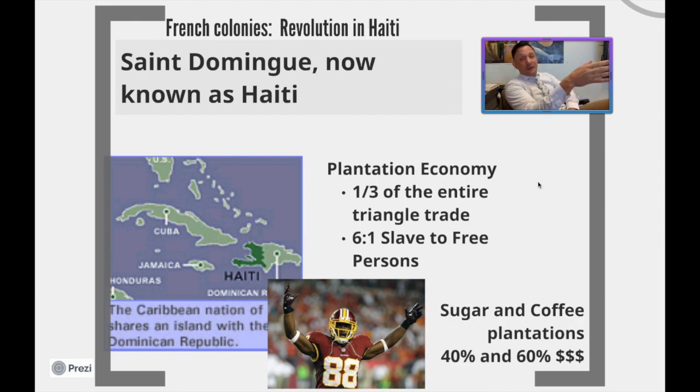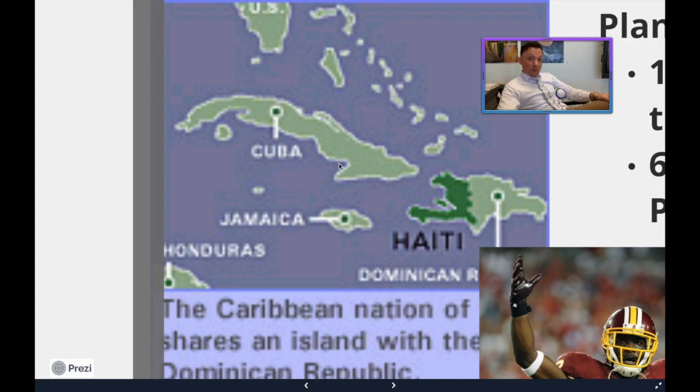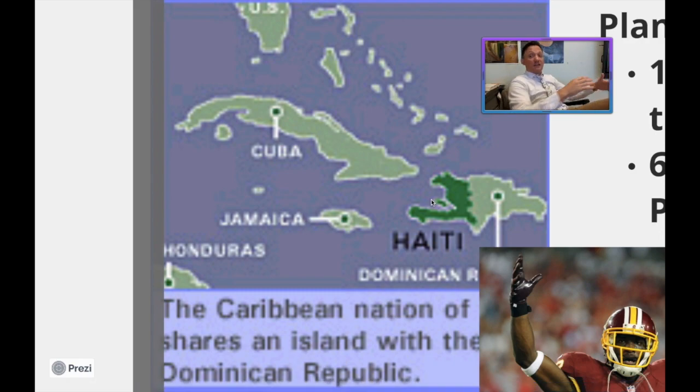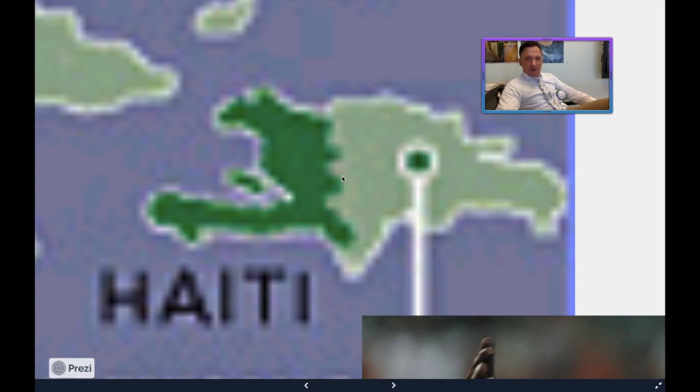So now look, the big thing about it, though, is Saint-Domingue is now known as Haiti. By the way, speaking of, just so you know on a map, this right here is Cuba, that right there is Jamaica, that right there is modern-day Haiti, aka Saint-Domingue, when it was actually being colonized by the French. But as you can see really quickly, this little area on this side shares an island with someone else, right? Really quick, write this down.